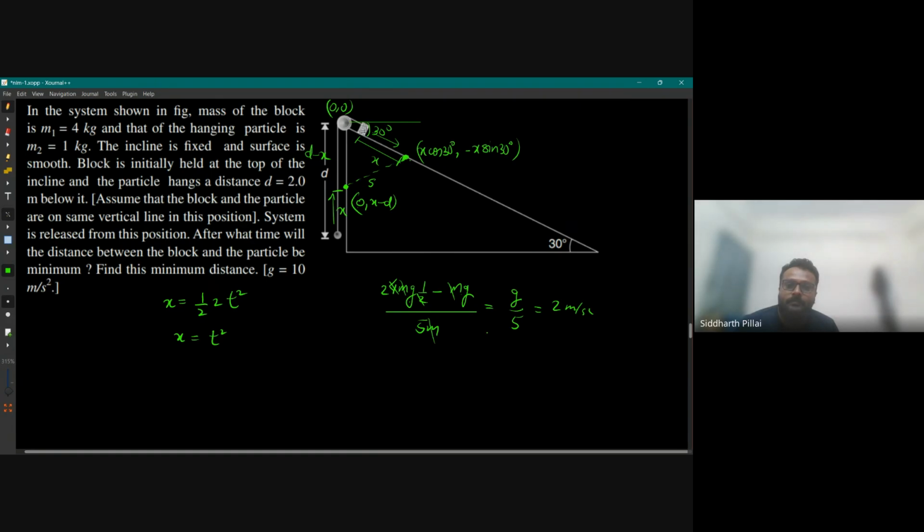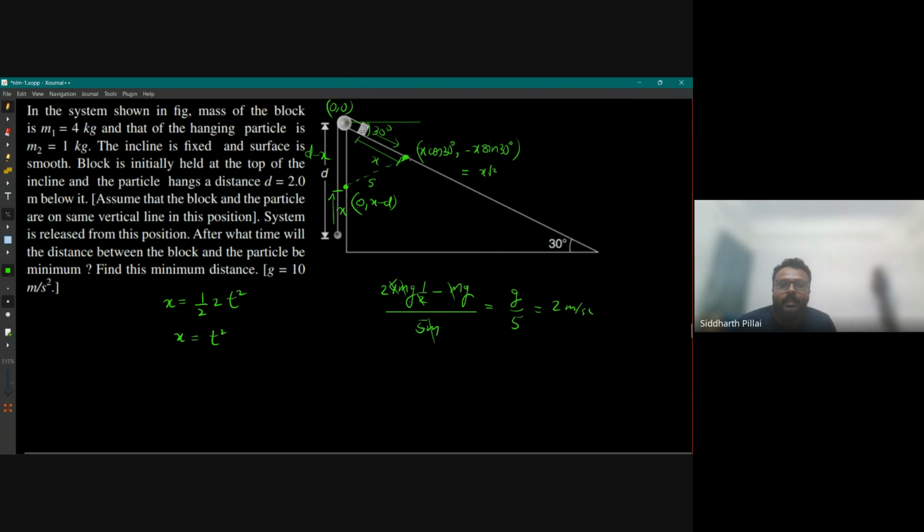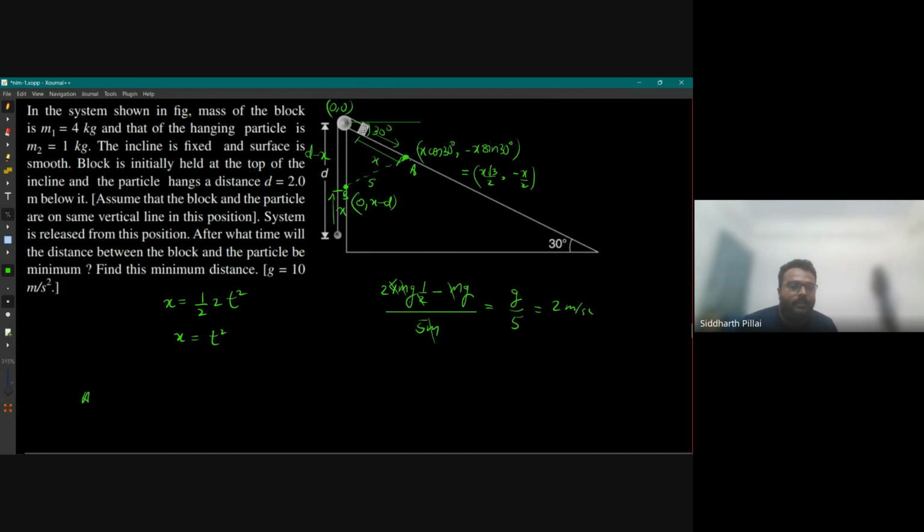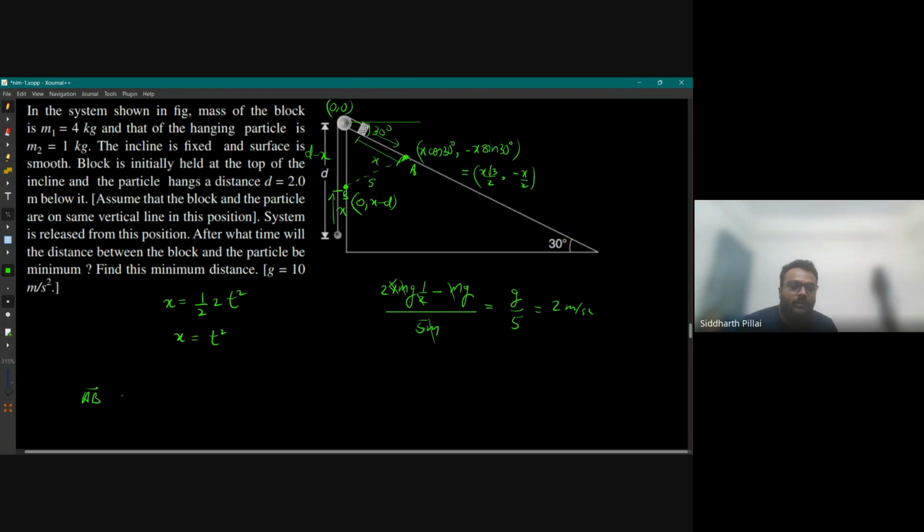Correct. Which is equal to x root 3 by 2 comma minus x by 2. These are the coordinates, right? Let's label this as A and B. So what is the distance between AB? So this distance AB will be equal to,